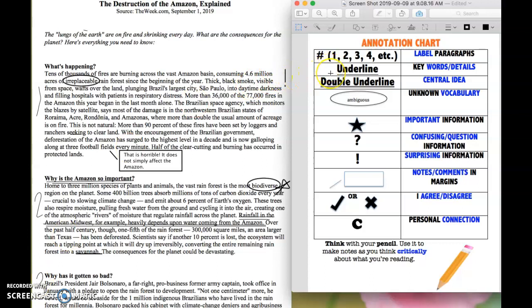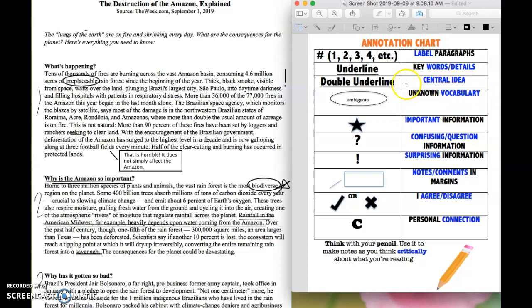Then, as you're reading, you want to underline keywords or details, and double underline the central idea. Every single solitary text you will ever read is going to have a theme, if it's fiction, or a central idea if it's nonfiction or real. As you read,